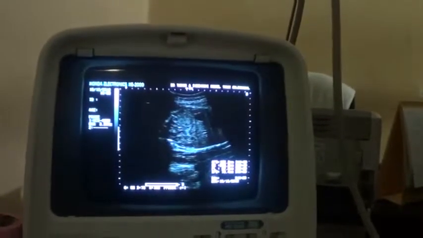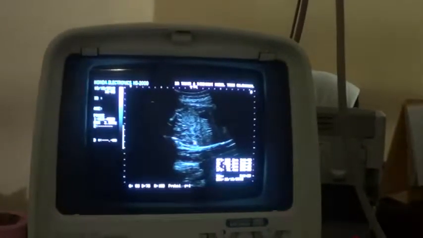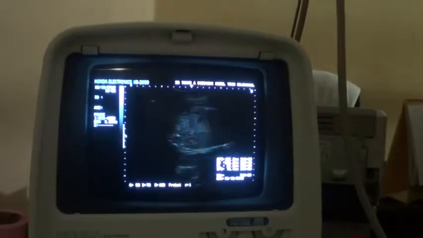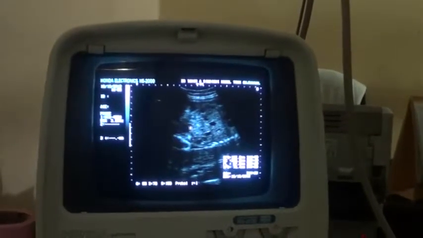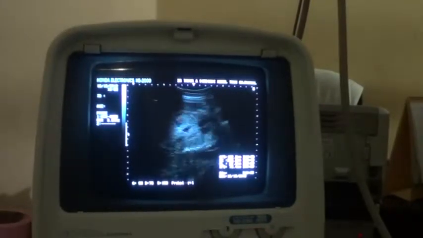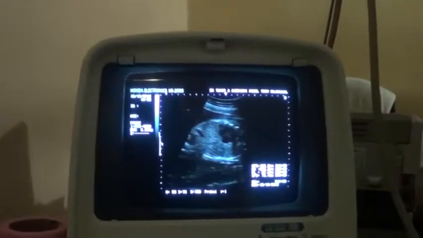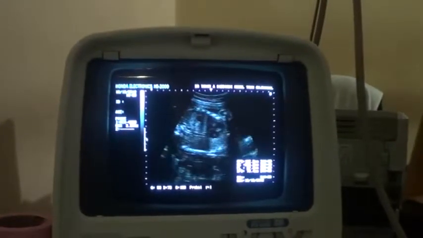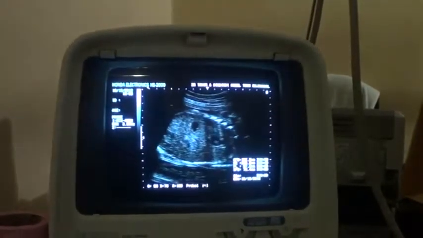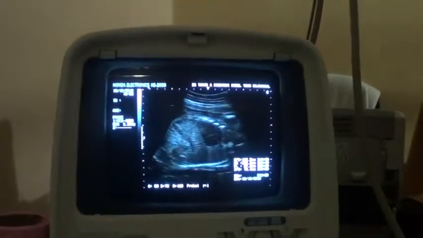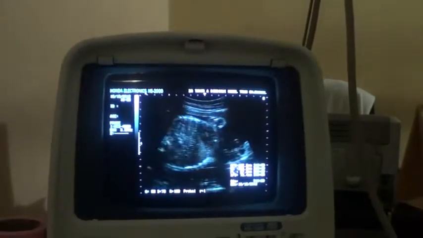Here we can see the second kidney. This is the second kidney, fetal kidney. And this is the urinary bladder. Now let's come to the chest. The chest is normal. Cardiac activity